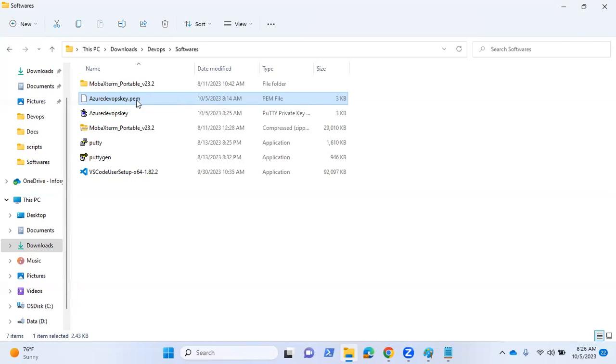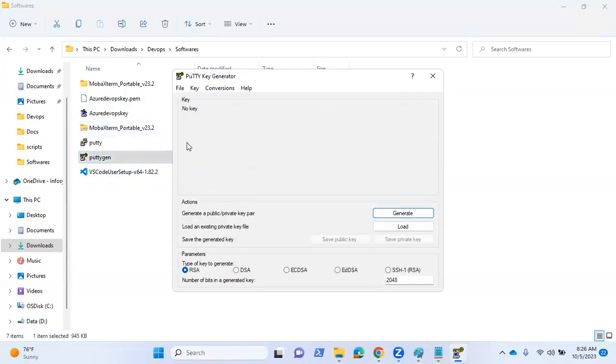I have downloaded it. Once I download this PEM file, it contains both the public and private key, so we cannot use it to connect. We need a PPK or a private key file, so we have to extract a private key file from this file. What you have to do is click on puttygen. Now this puttygen,